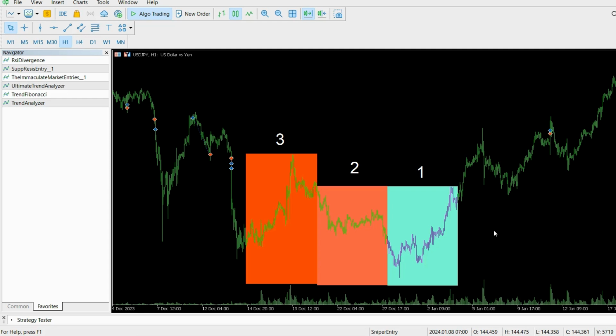So my strategy looks like this. Firstly, I take the last box and the second box, and I calculate the correlation between these two, and I want to see a clear trend. And then I move on to the second and the first box, and I calculate the correlation as well. But in this case, what I am looking for is a negative correlation, and the negative correlation means that there's